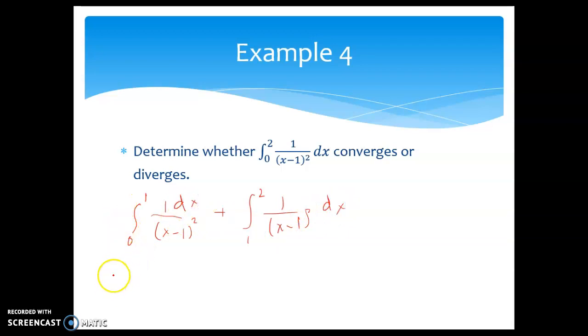So here we say limit as t goes to 0 from the right, the integral from t to 1 of 1 over 1 minus x squared dx, plus the integral